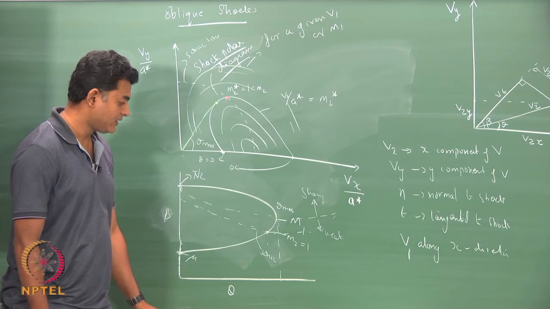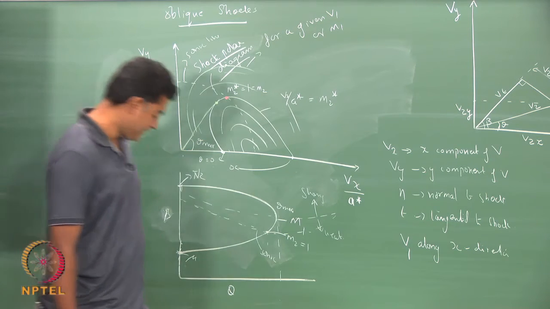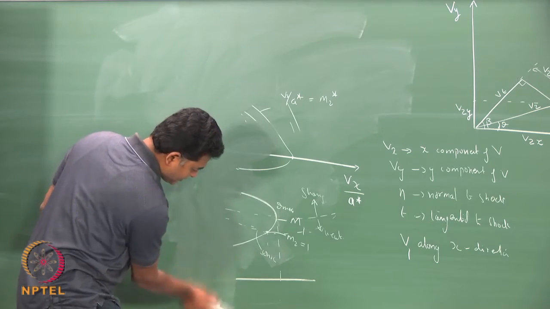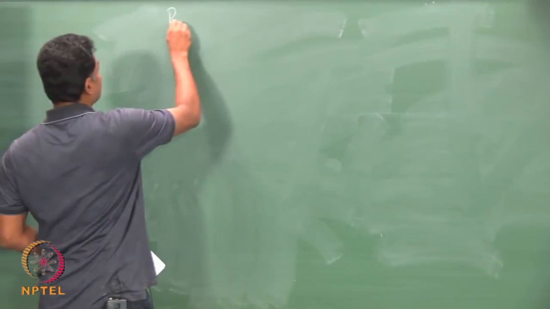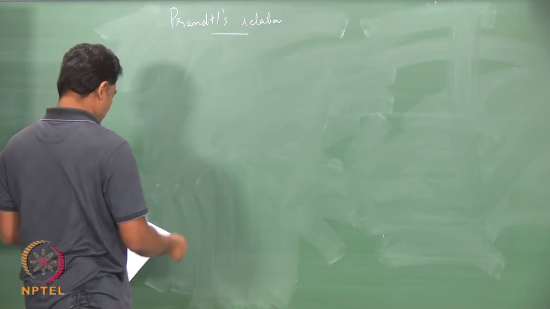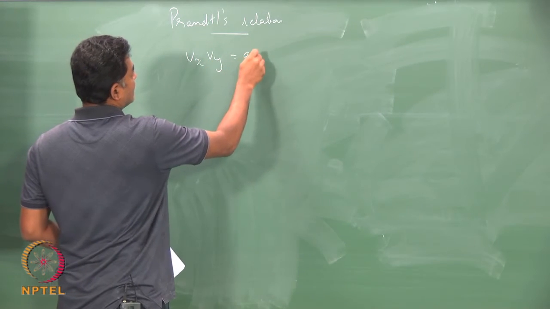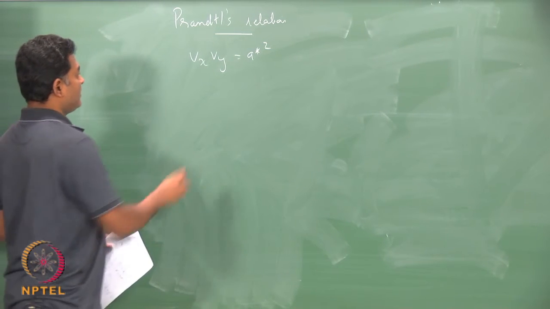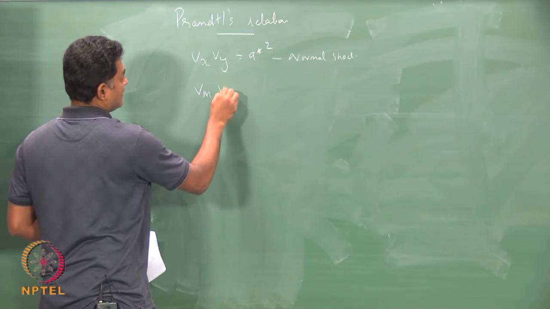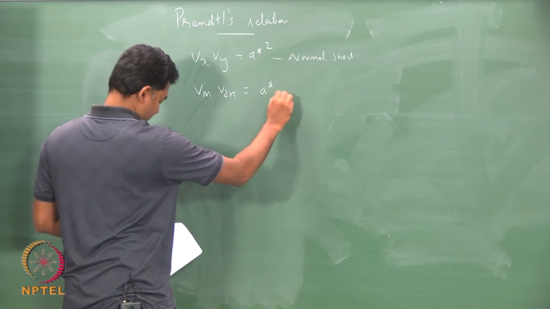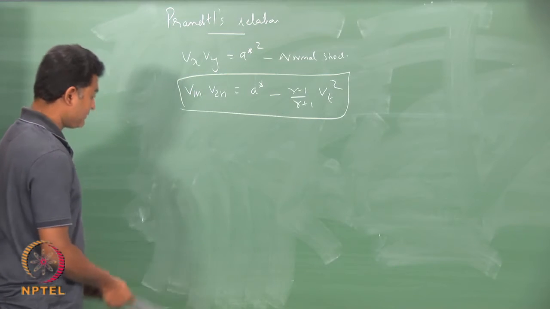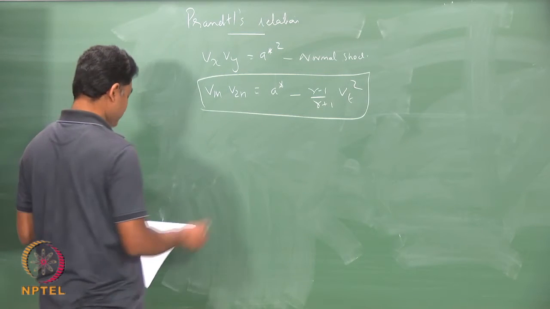Okay. Now, you could also get the equations for this. You can derive the equations for the shock polar. For that, first we will derive the Prandtl's relation for oblique shock, and then we will proceed to this. So, for a normal shock, we have seen VxVy is A star square. Now, for an oblique shock, this would be modified to something which is the following. Okay. So, this is what we will derive,